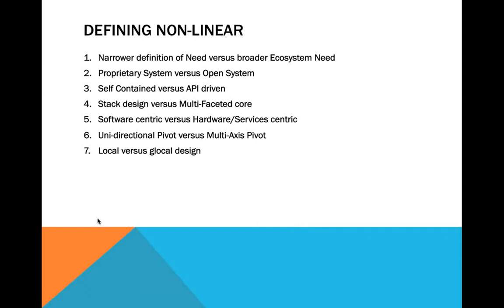The next piece is that it allows for a multi-axis pivot. If you need to change how you want the business to grow, you aren't trying things on one dimension and then changing that one dimension. You're actually trying things on multiple dimensions, seeing what is tracking, and then being able to change and pivot on multiple dimensions or multiple axes at the same time.